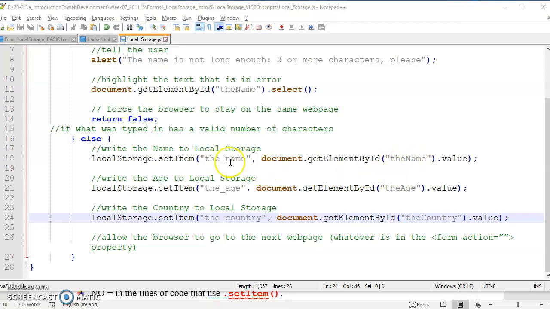Okay, so you say where it's going to go in local storage, comma, what is actually going to be stored in there. So I've got these 3 lines, the value of the particular form element ID. Okay, so document.getElementById, the name, getElementById, the age, getElementById, the country, dot value, and then